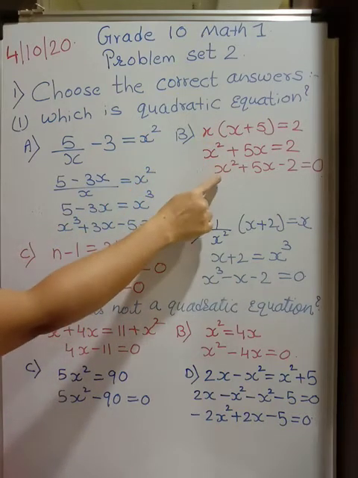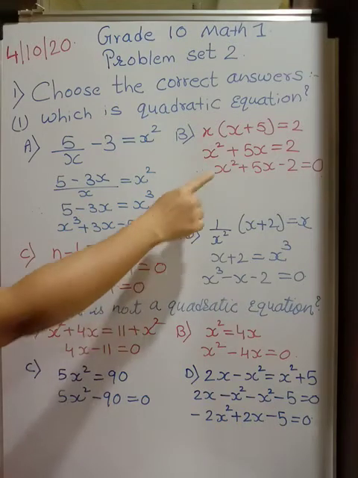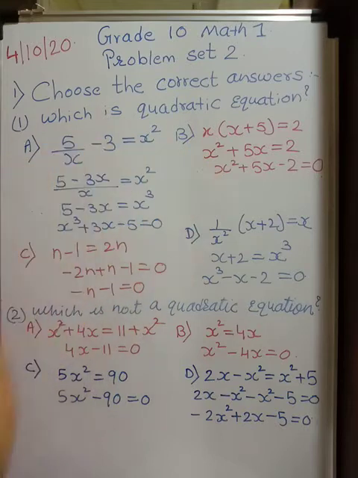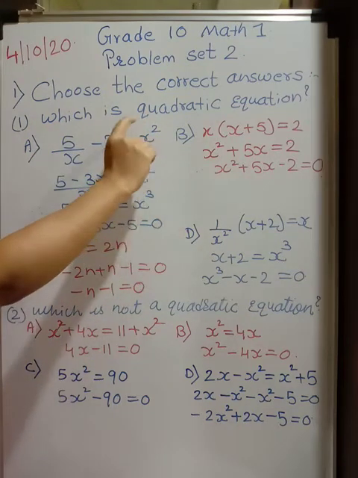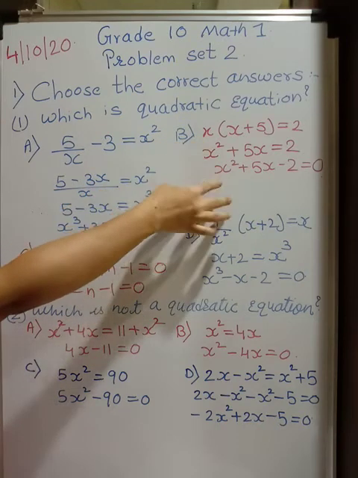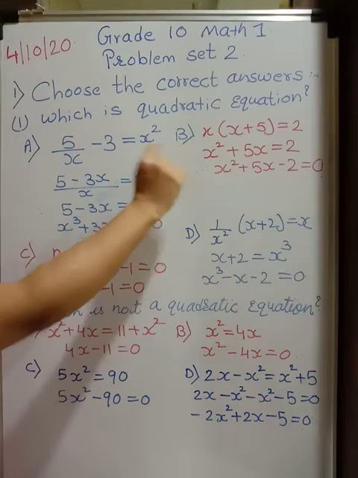If you solve this, you get x square plus 5x minus 2 is equal to 0. Here in this equation you have one variable and the highest index of the variable is 2. And therefore this satisfies all the conditions to be a quadratic equation. So which is the quadratic equation? This is the quadratic equation. So you solve and then cross check. Alright. So the correct option is B.